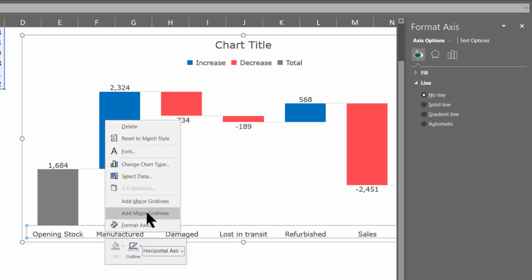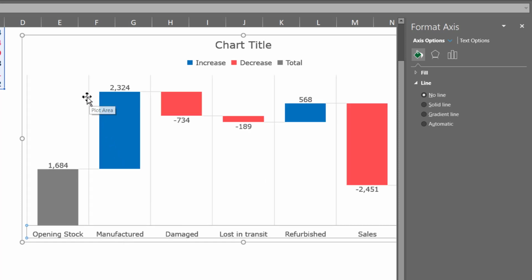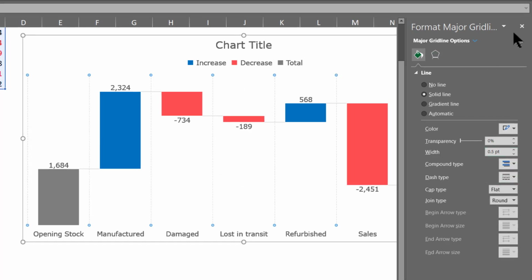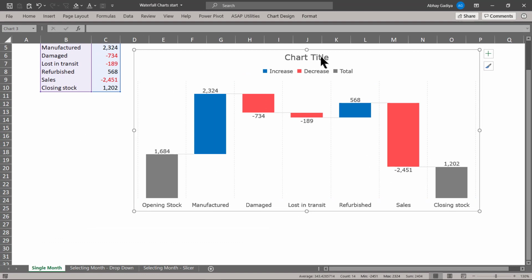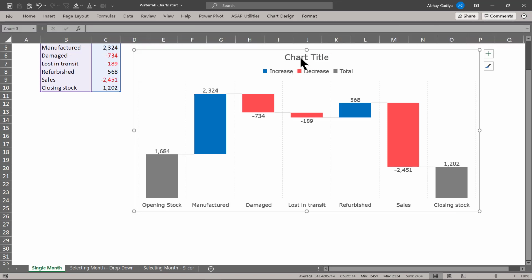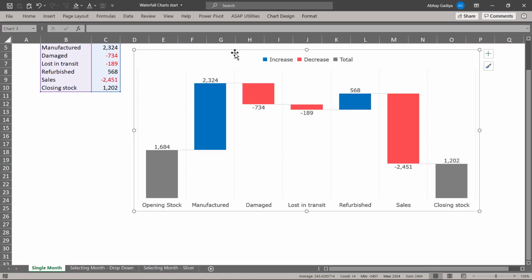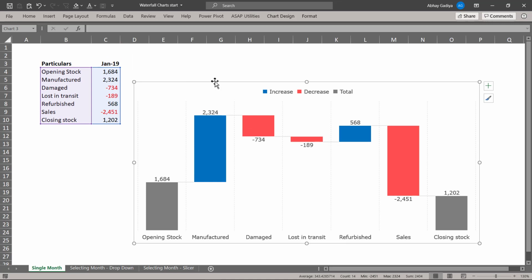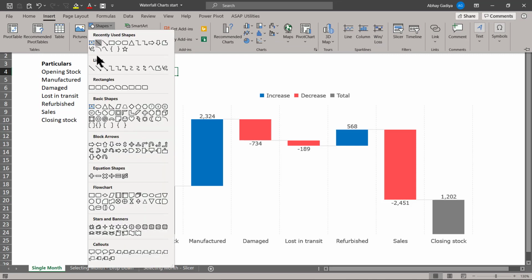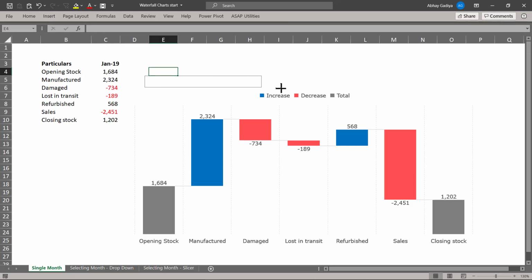Now right click on this x-axis and add measure lines. Let us select these measure lines as well and quickly format them. This will be in gray color and this will be a dashed line so that it looks proper to me. Now let us select this entire chart, go to Format and select no shape outline. The chart title also we don't want, since we won't have that many formatting options available with the inbuilt chart title. We are deleting it. Now we will be inserting a shape text box. So let us add this text box.